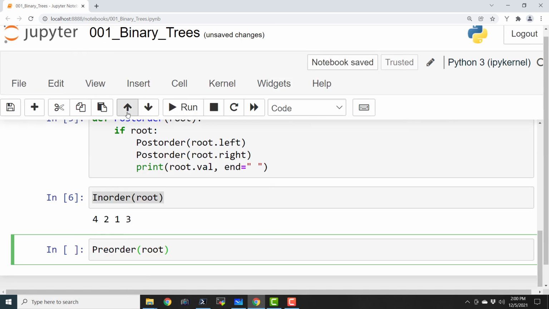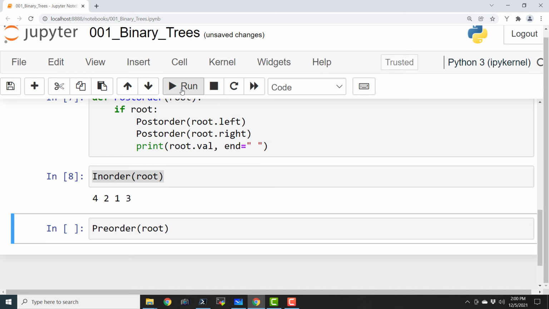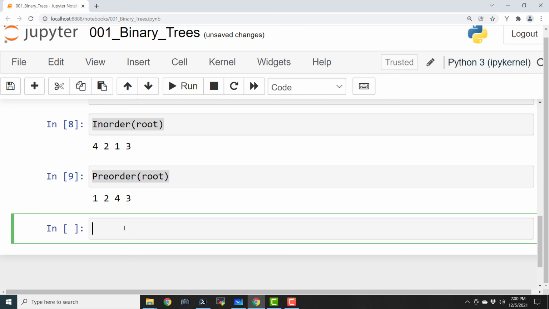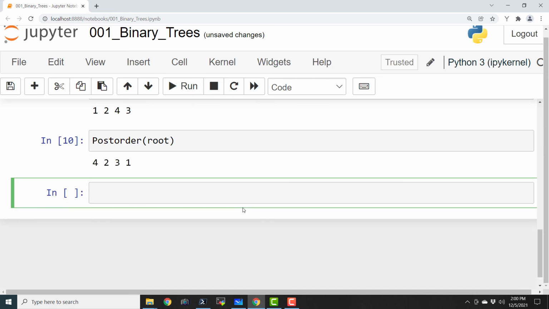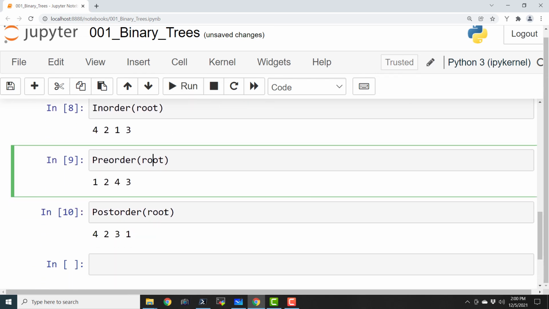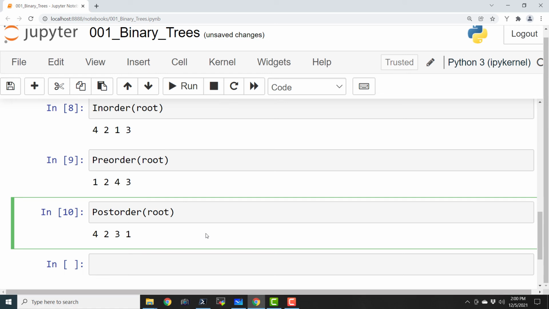Pre-order, and let us go ahead with the post-order. So this is the post-order stuff. This is in order, pre-order and post-order traversal of the tree.